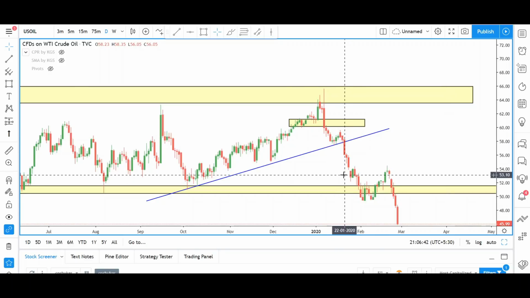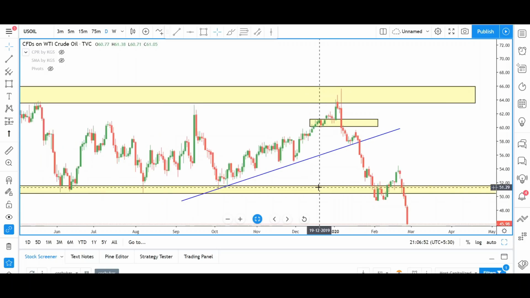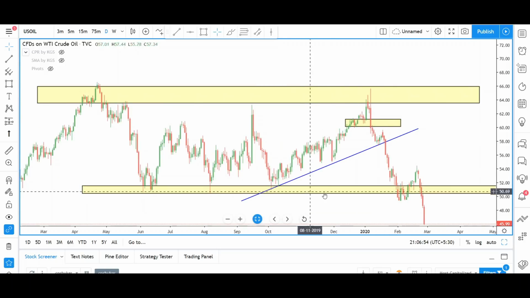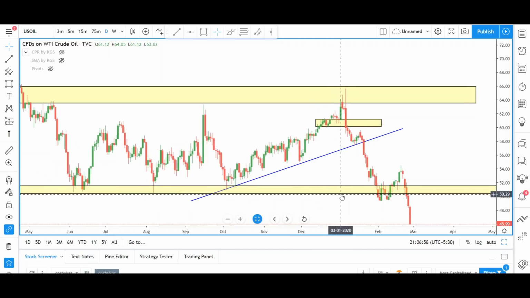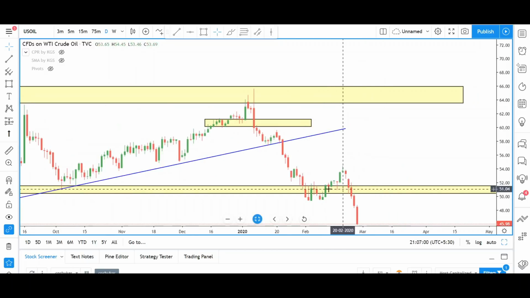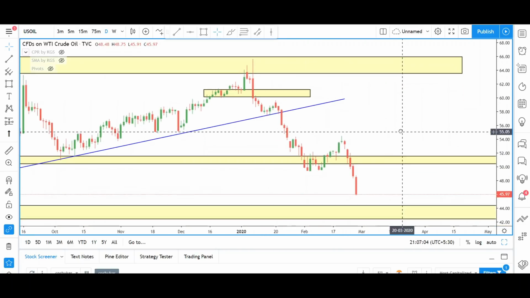Now this trend line is broken on 22nd January. Now again you can go for a short. What is your target? This yellow color support line is your target. As soon as this yellow color support line is reached, the market is again going in a Dow theory,